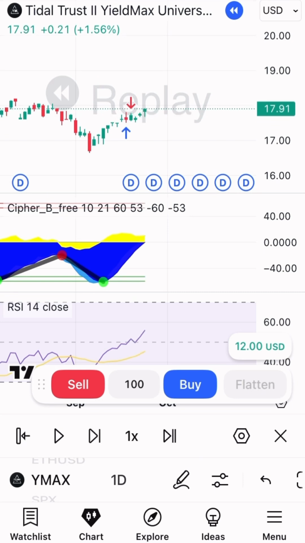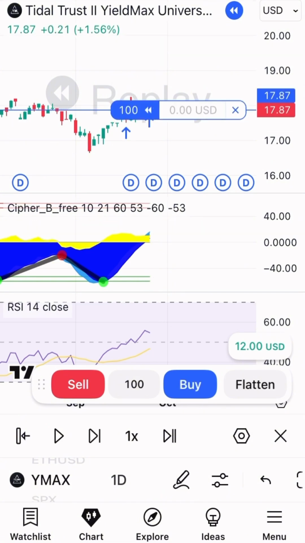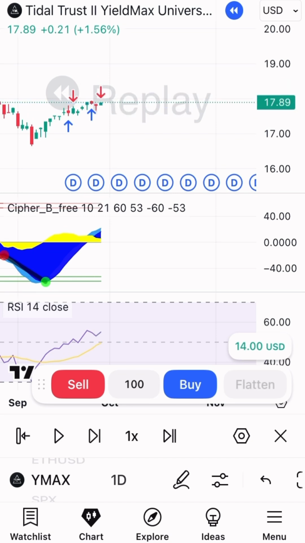Okay, make sure I don't pass. All right, right here, buy again. So we go here. There, a small win, flatten. So basically in and out. That's what you want. Weeklies do this. I used to do this with YMAX, that's why I'm showing you this, and I do it now currently with ULTY. ULTY has been flat lately. Currently it's gone down, but overall for the past three months, I think it's been doing good.